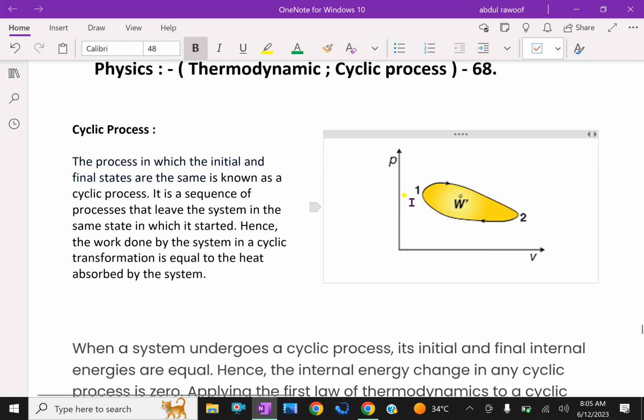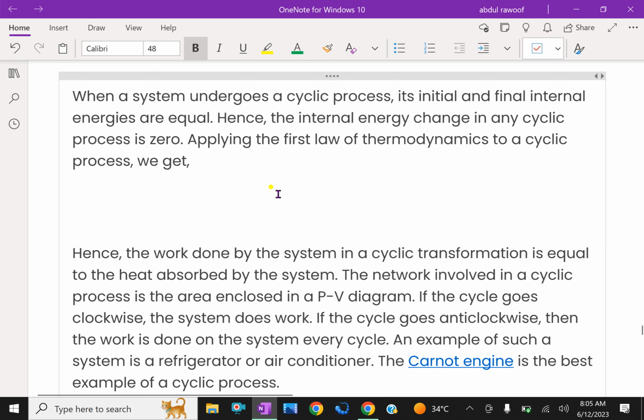Here, look at here, the process starts from 1 to 2 and returns back from 2 to 1. So, it is a cyclic process. When a system undergoes a cyclic process, its initial and final internal energies are equal. Hence, the internal energy change in any cyclic process is zero. Applying the first law of thermodynamics to a cyclic process, we get